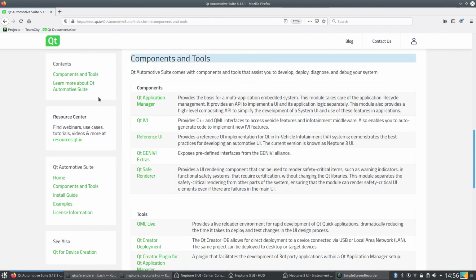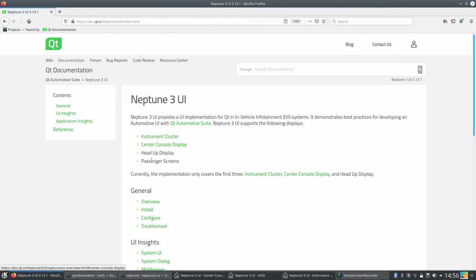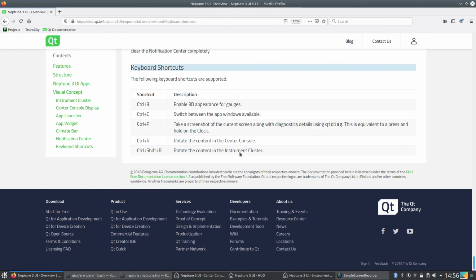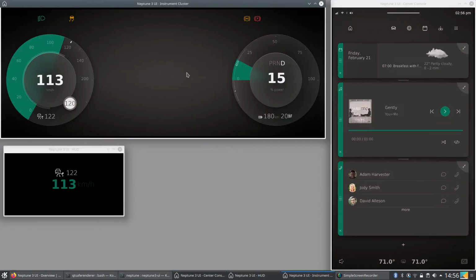So if you go then to content and select components and tools, Neptune 3 UI is in the section reference UI, and then there is a section general overview, and then on the left side you will see a small subsection about keyboard shortcuts. So these are the shortcuts which are currently available in 5.13. There will be a documentation update for 5.14 on this, but let's try some of those shortcuts now